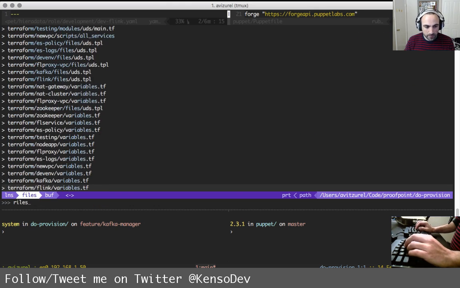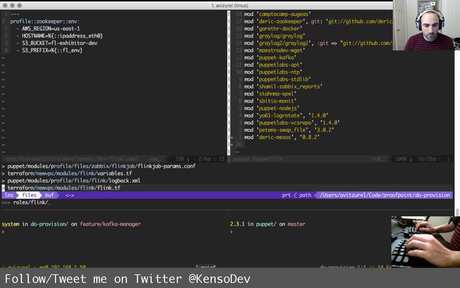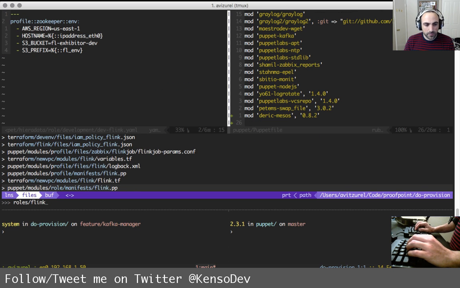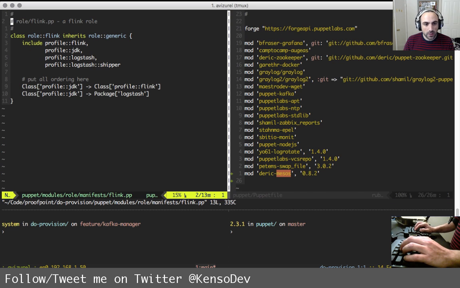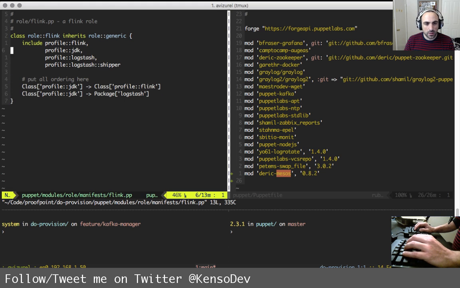Okay, so flink module, roles manifest, and then flink. And here do we have the role? So include profile flink, profile logstash, profile JDK. We have the logstash.